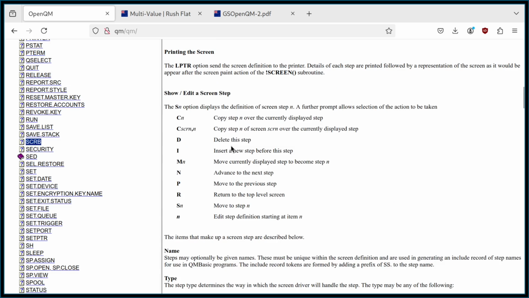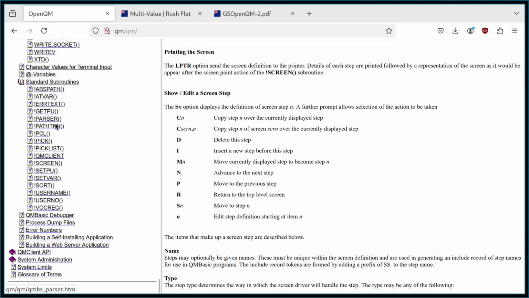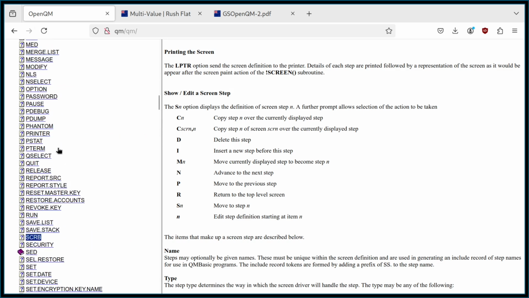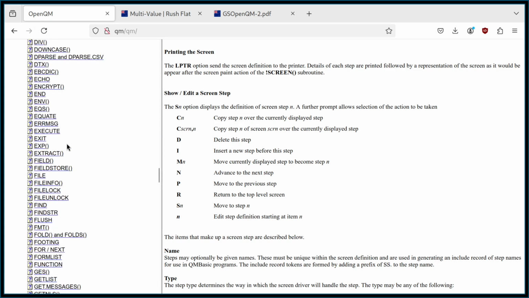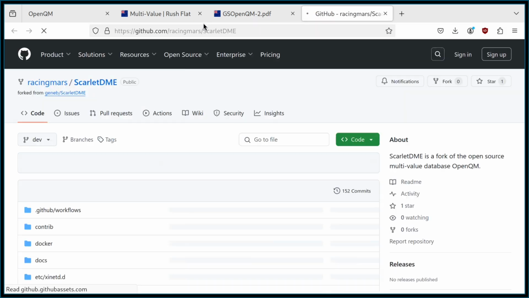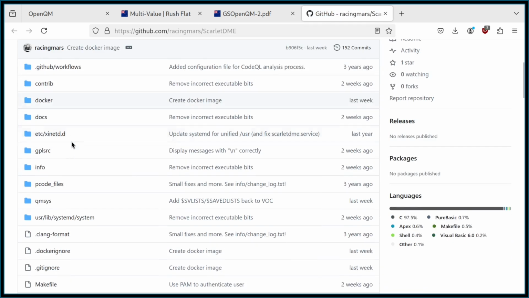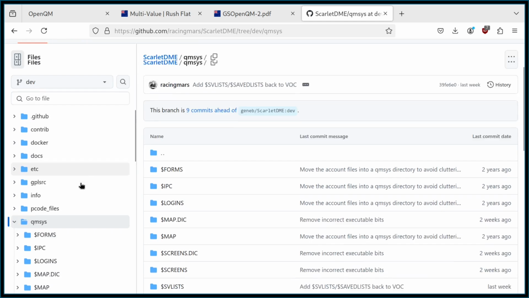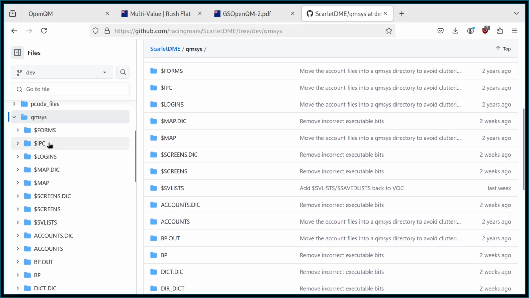The screen builder itself, like I mentioned, is actually built with the screen builder and run with the screen command here. So you can sort of get some ideas. The nice thing about all of this being open source, and most of these system commands and everything are actually written in QMBasic, is that you are able to look at the source for these things. So I think we go to the GitHub repo. This is the same both in the official upstream ScarletDME repo as well as my fork of it that has a couple of fixes. If you go into QMSys, I think you'll find the screen builder in,